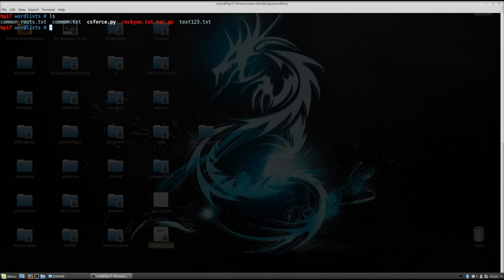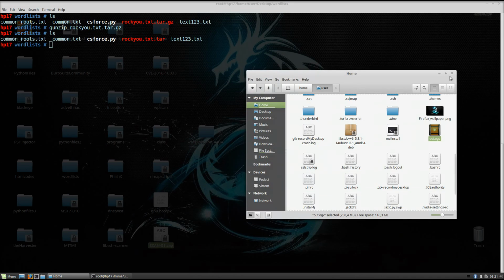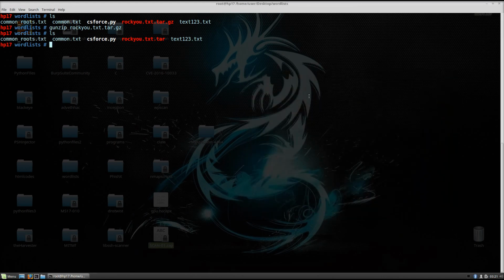Okay, doesn't matter. Now what we want to do is tar zip, or basically gunzip, the rocky. Now when I unzip it on my laptop, it won't have. What do you mean it doesn't want to? So let me just, or no, never mind,